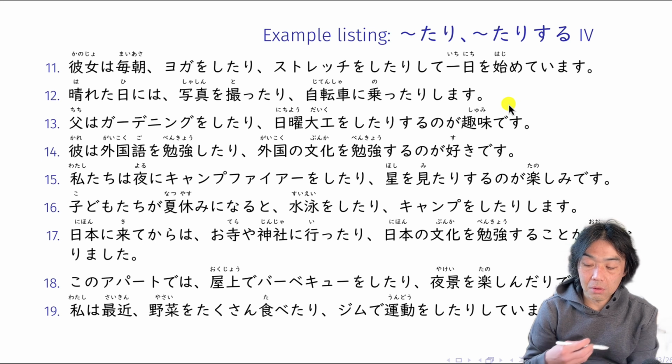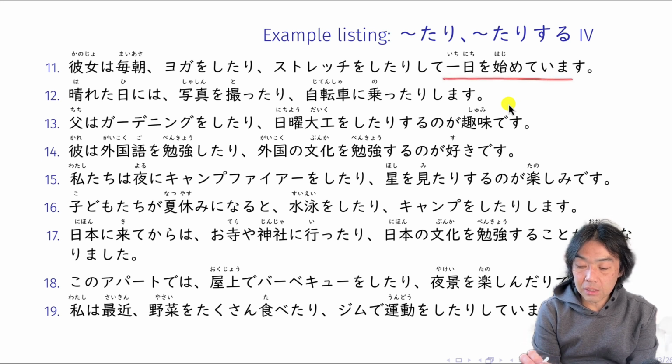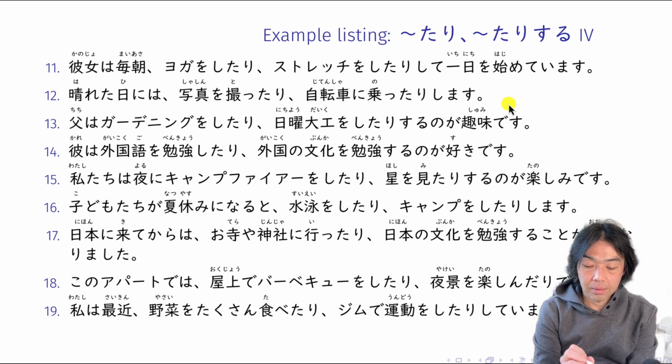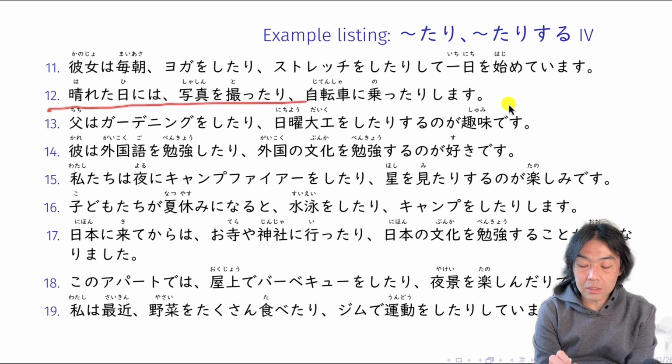It's just talking about the day. So 一日を始めます is to start the day. 12番、晴れた日には写真を撮ったり自転車に乗ったりします。13番、